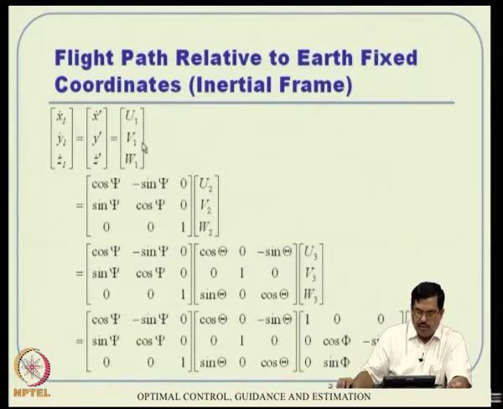Okay. This is translation, this is the first rotation psi, this is the second rotation and this is the third rotation. So, ultimately, if you see, the rate of change of position in the inertial frame is related to phi, theta, psi, all angles actually, with respect to UVW. So, if you know the UVW components, then x I dot, y I dot, z I dot is given by that